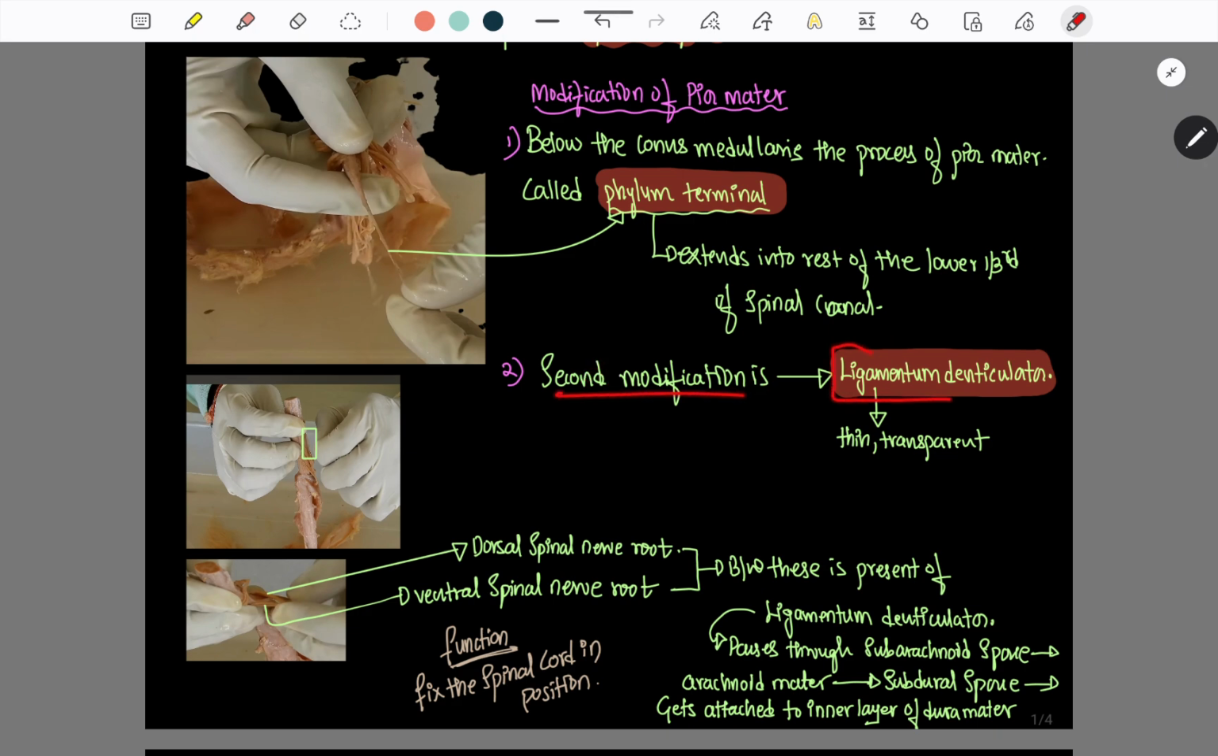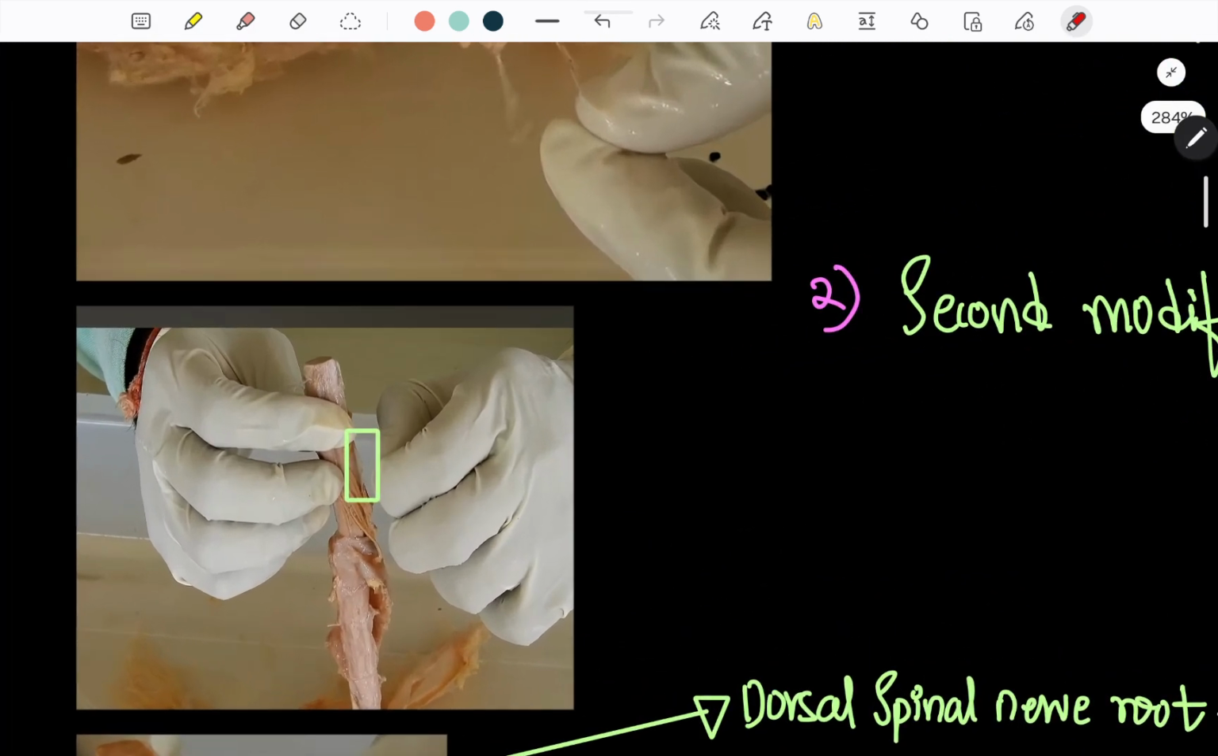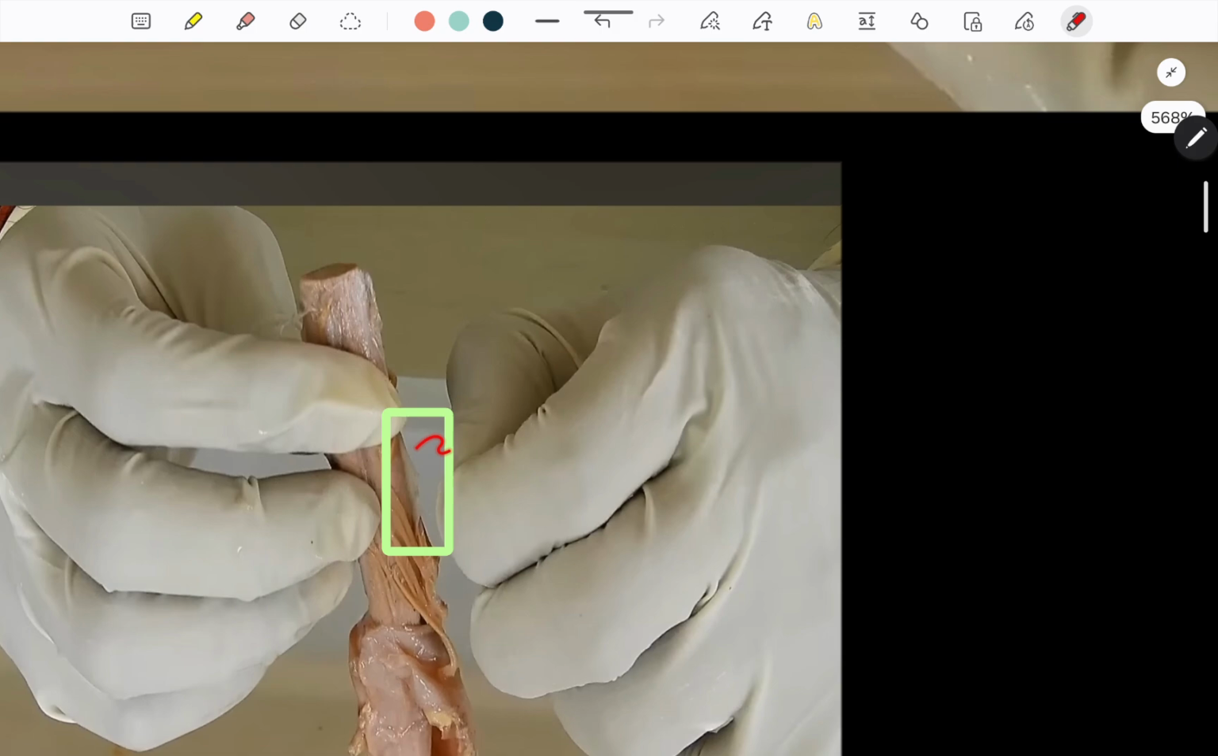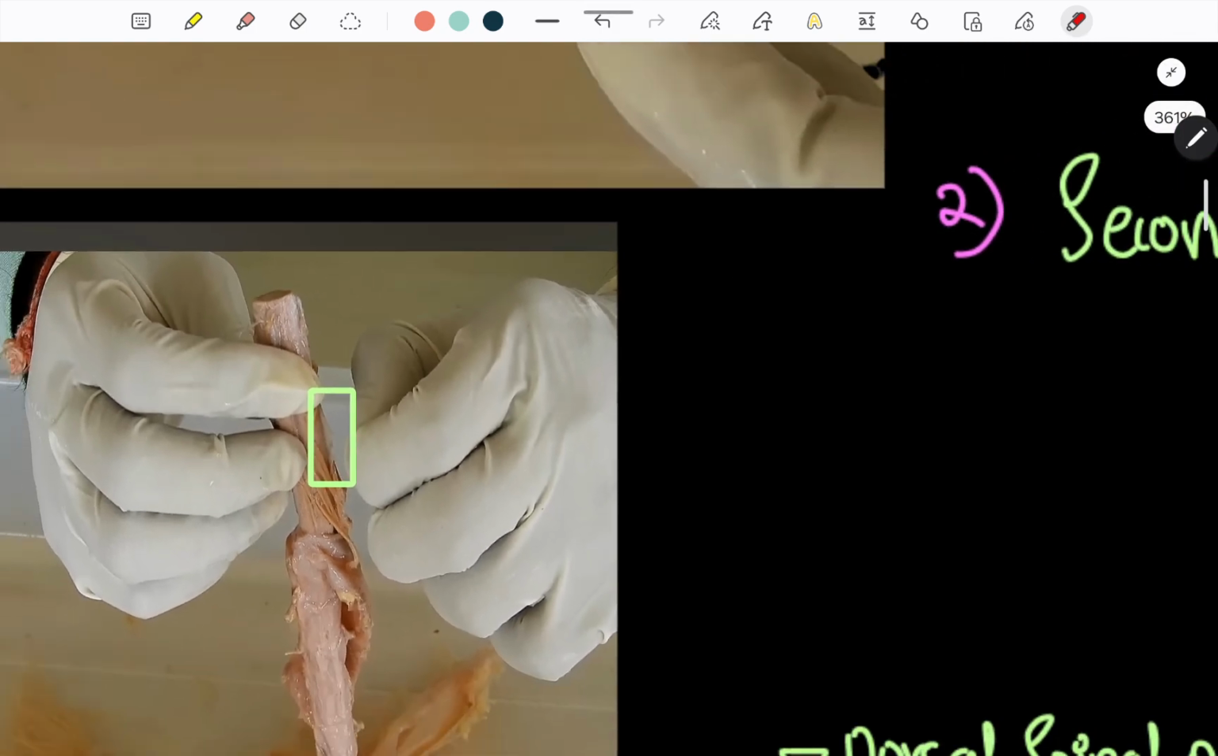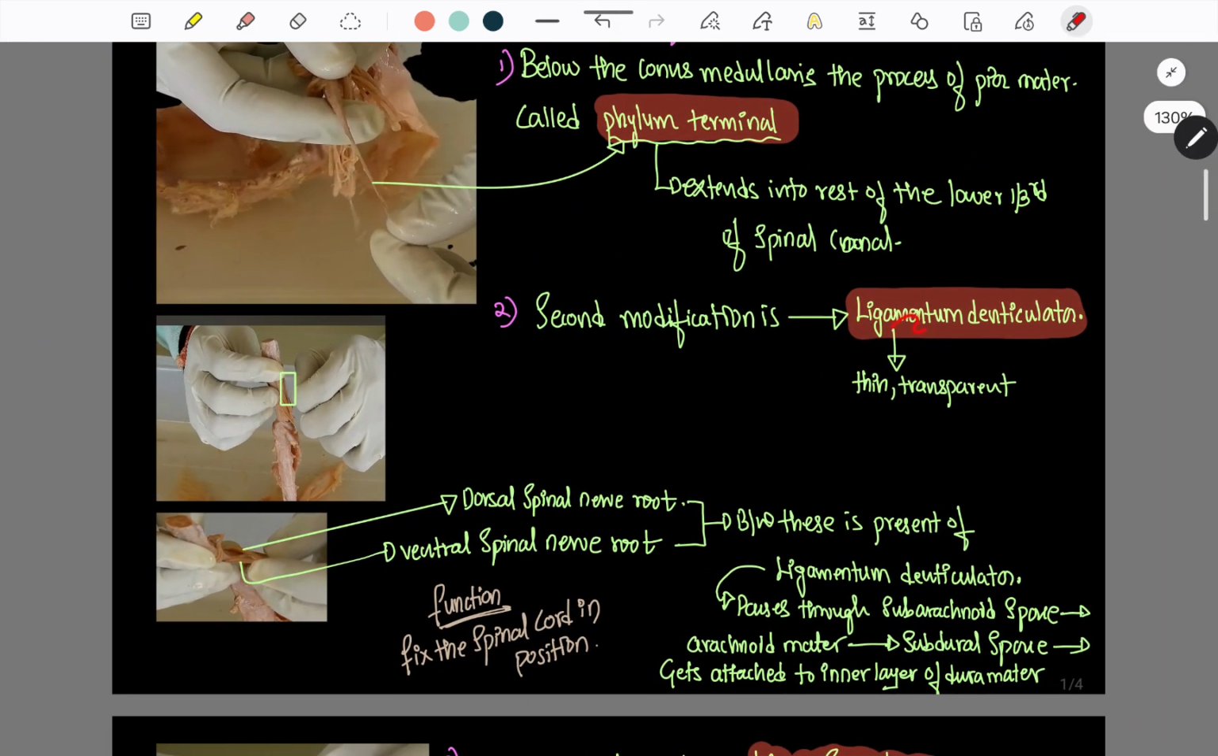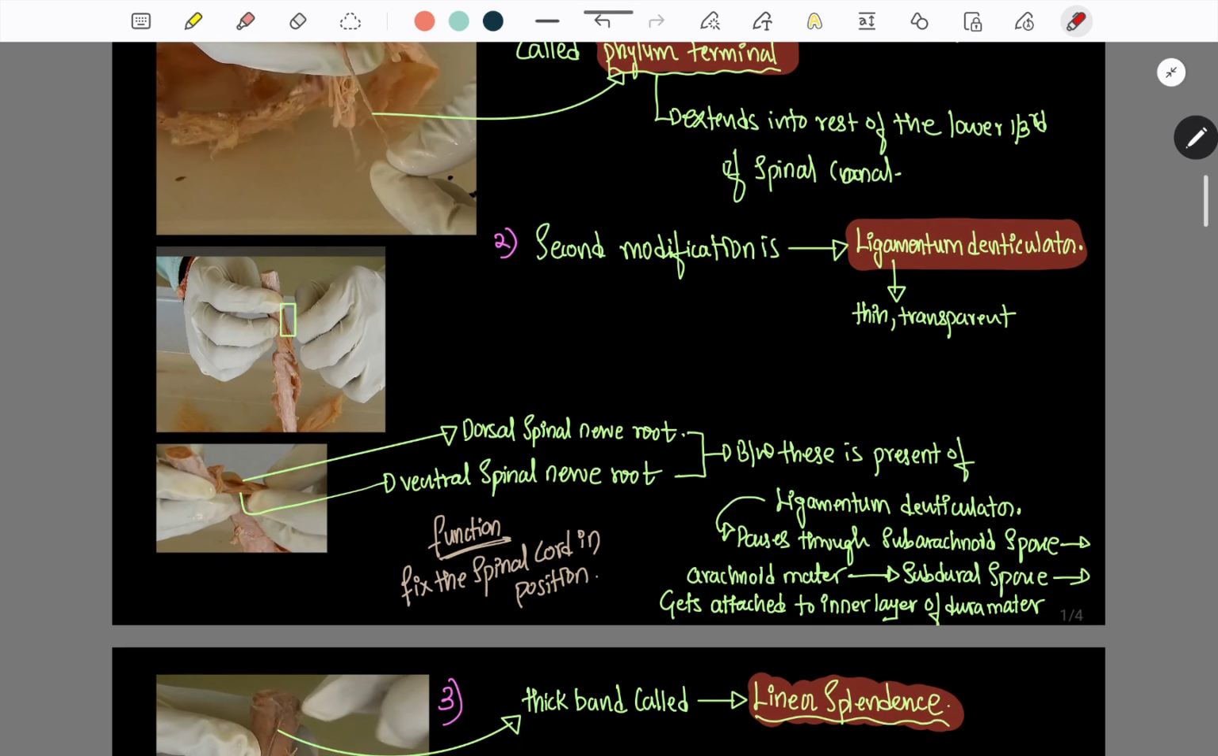is called the ligamentum denticulatum. A thin and transparent sheet. I think you can see it here. It is now clearly visible. This thin and somewhat opaque structure is called the ligamentum denticulatum, thin and transparent. It is present between the ventral spinal rootlets and dorsal spinal rootlets. Between these it is present,